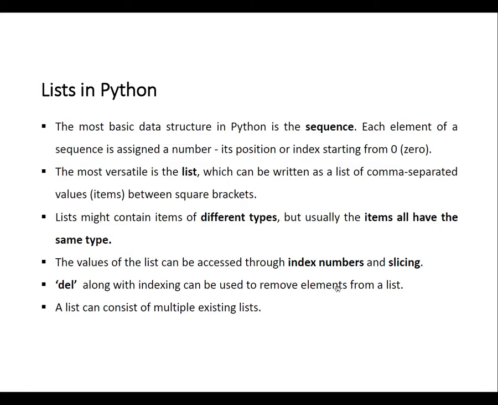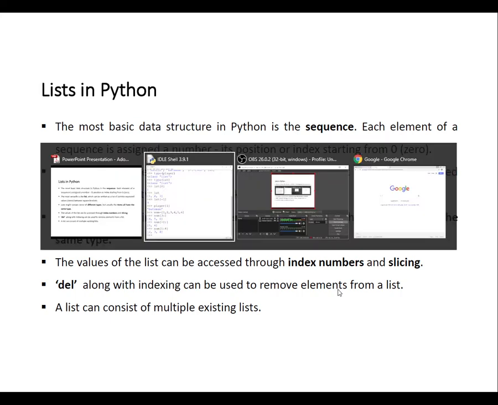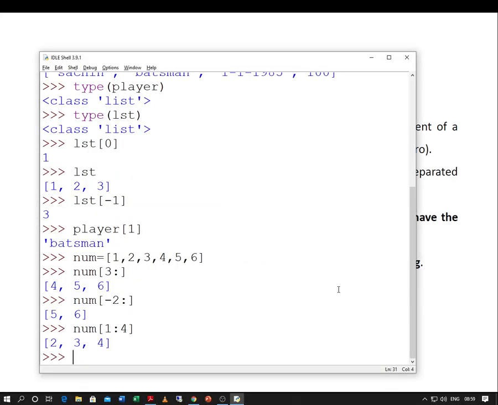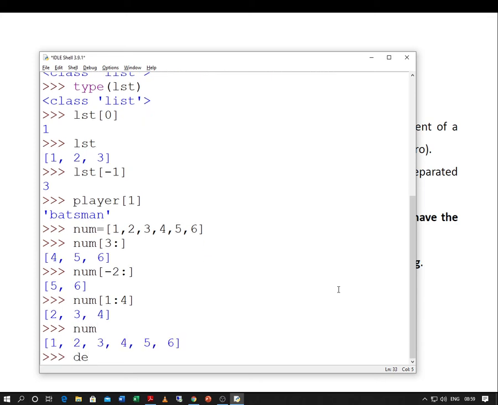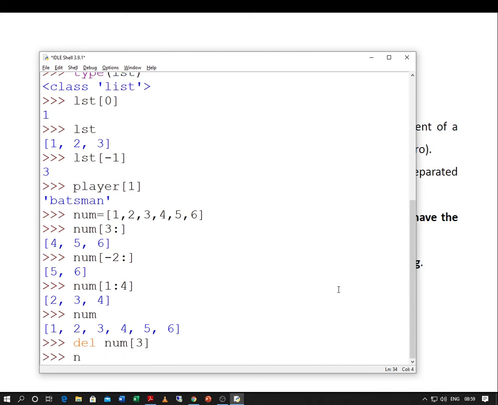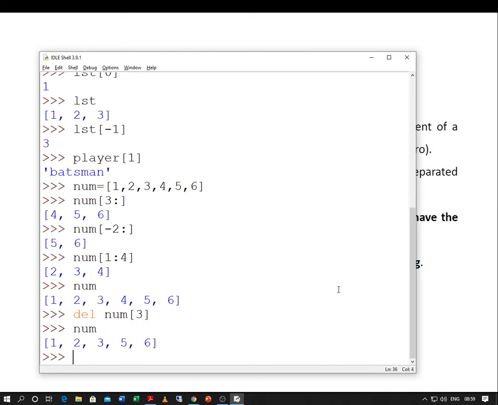Now, let us try to check the next thing. Say for example, I want to remove some elements from the list. Let me print num once again. Delete num 3. That means the element at the third location will be deleted. Just try to observe. Delete num 3 does not indicate the element that you want to remove.